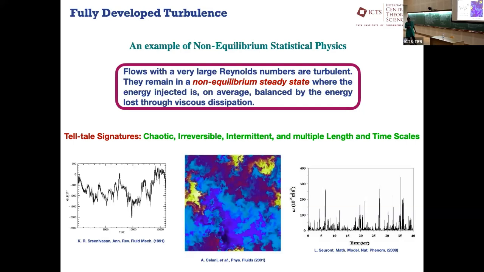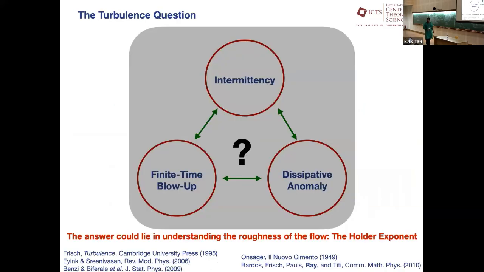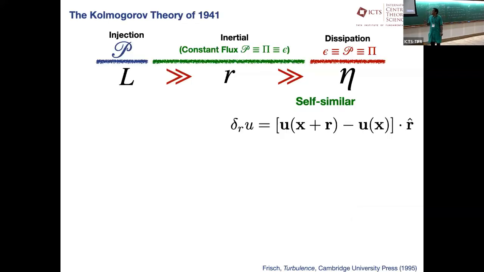And the telltale signatures, and this is a personal bias, of course, is that it's chaotic, irreversible, intermittent, with multiple length and time scales. So this, in some ways, summarizes the kind of questions that Karthik raised, that Srini laid out: how does one bind ourselves together in this jigsaw puzzle? So just to go through this in a minute or so, because that will be quite useful,